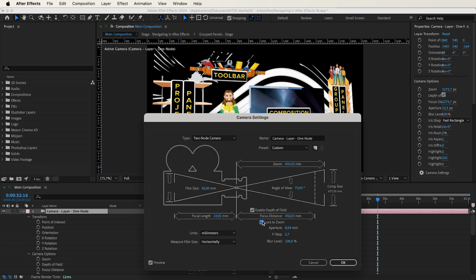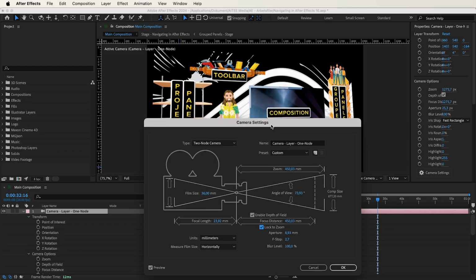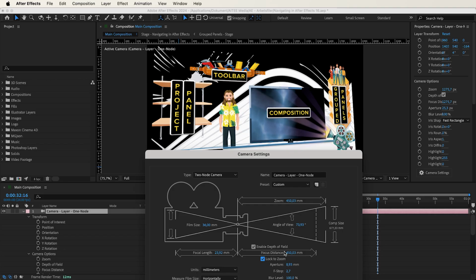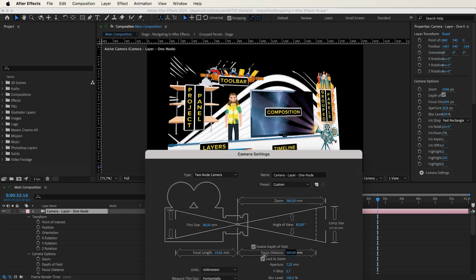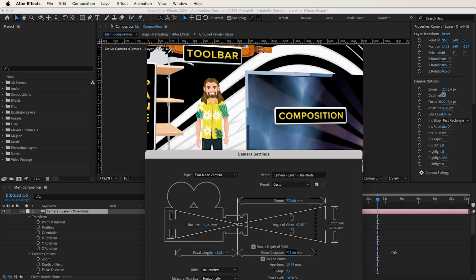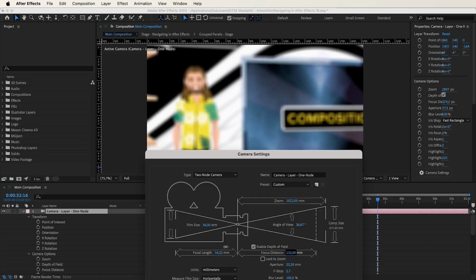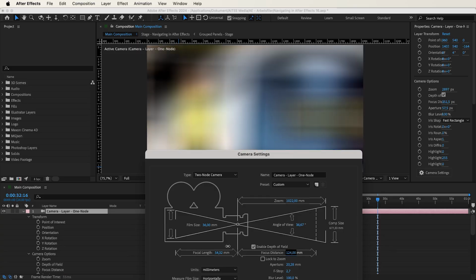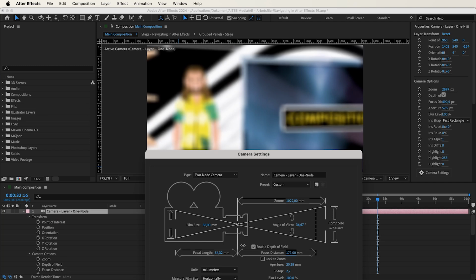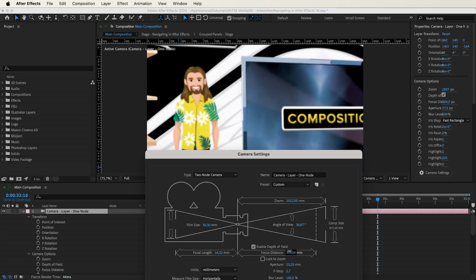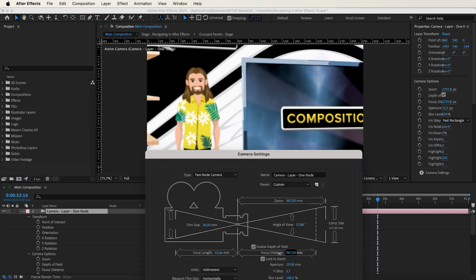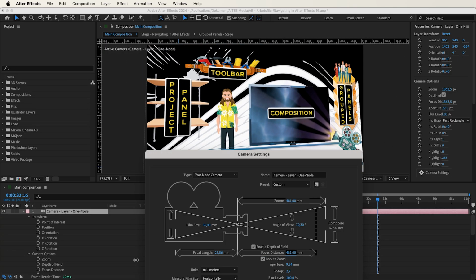The option called lock to zoom gives us the ability to keep the focus distance correlating with, or following, the amount of zoom, so the text or object will always be in focus. Well, as long as the zoom indicated by this line is at or matching the object's position. However, if turning it off, we can zoom in and out while choosing to be in or out of focus. Potentially used for some nice effects, and perhaps to extend the blur a little bit when zooming out